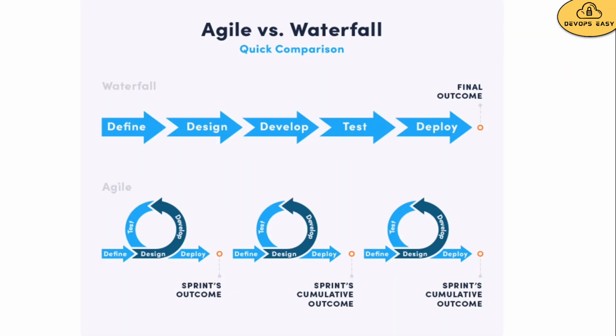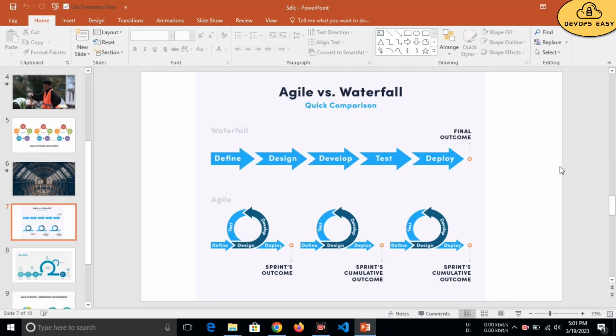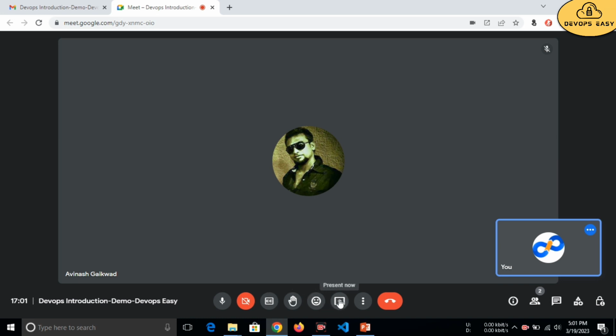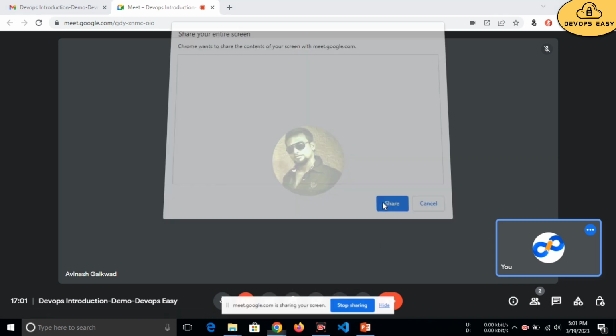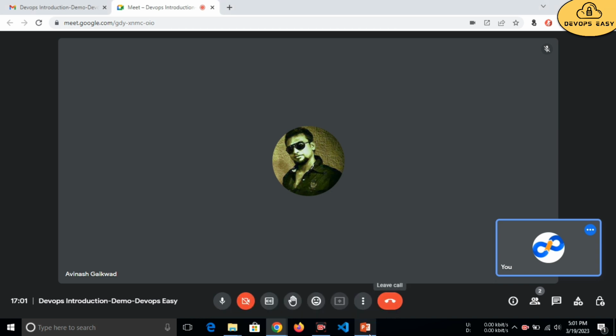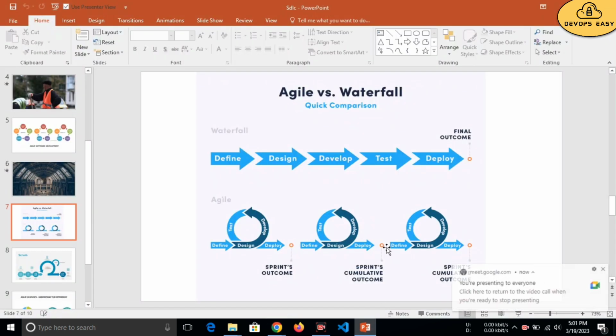You're not sharing the screen, right? Just a moment. Okay, yeah. Now you can see the screen. I think I already shared the screen.